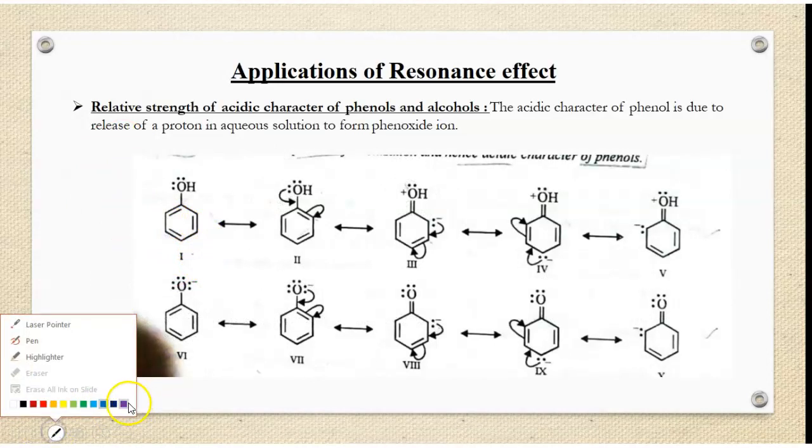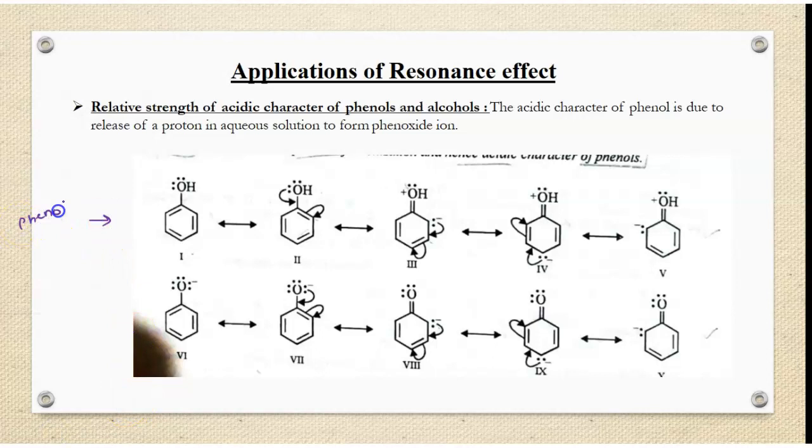यहाँ पे आप देख सकते हो over here these are the resonating structures of your phenol and over here these are the resonating structures of your phenoxide। ठीक है, ये phenoxide के resonating structures हैं, ये phenol के resonating structures हैं। You can see आपका जो phenol है, what is happening over here, there is charge separation occurring।